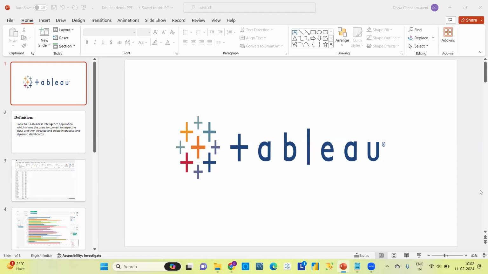Okay, before starting, let me introduce myself. I'm Divya. I'm working as a Tableau data analyst in one of the MNCs in Hyderabad. I have about 7.4 years of experience in the IT industry, and I also have experience in teaching data science concepts. I possess data science knowledge. I have experience in teaching subjects like SQL, Tableau, Python, Power BI, statistics, and machine learning concepts.